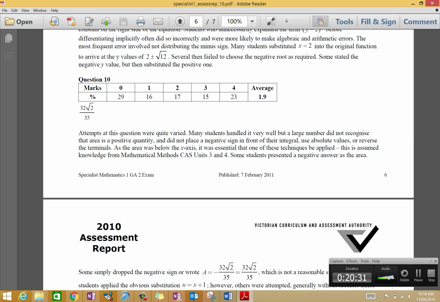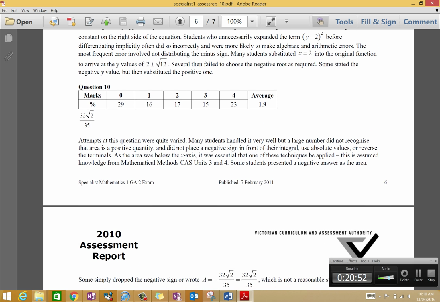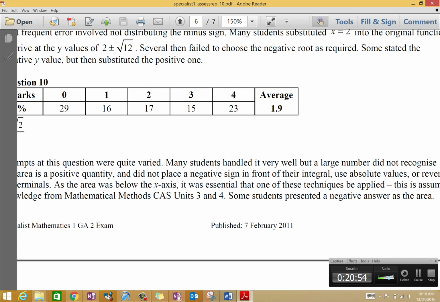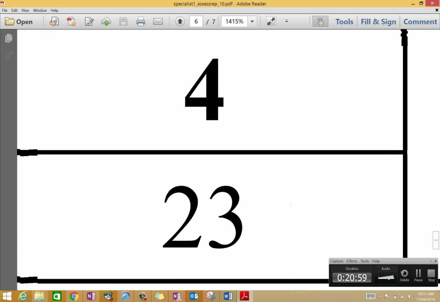You can see there though that 45% of students got 0 or 1 mark. There goes your A+ most of the time if you made a mistake there, but that was worth 4 marks. I want you to be up here, the 23% mark. There's supposed to be a little hand that you can't see. I might zoom right in. I want to see you here, guys, in the top 23% of the state. All right, I'm going to stop there, and this is our video on